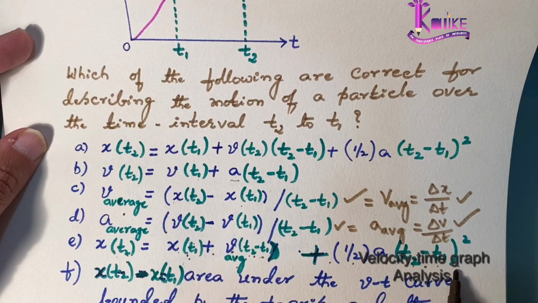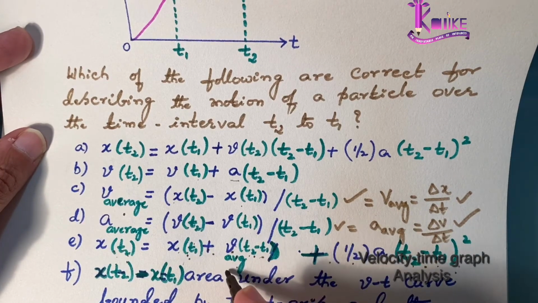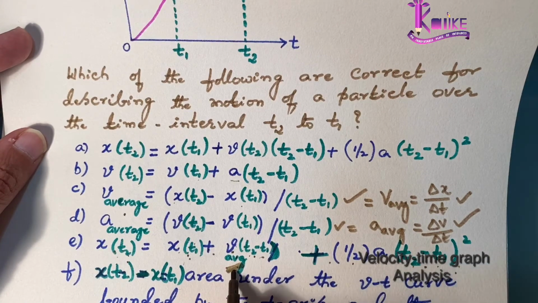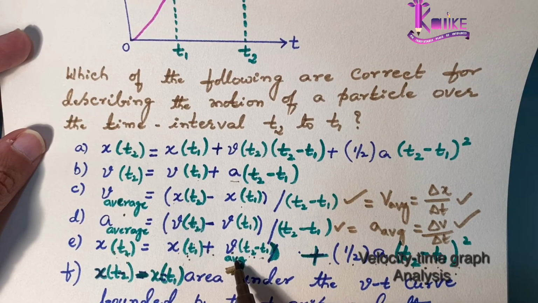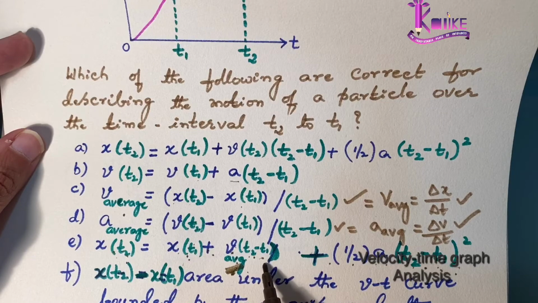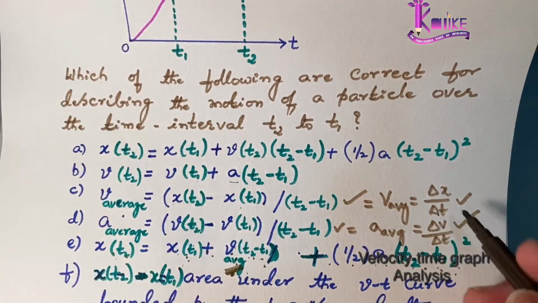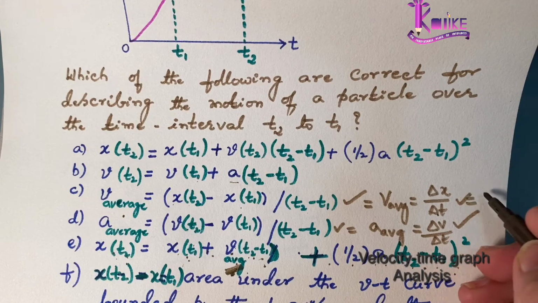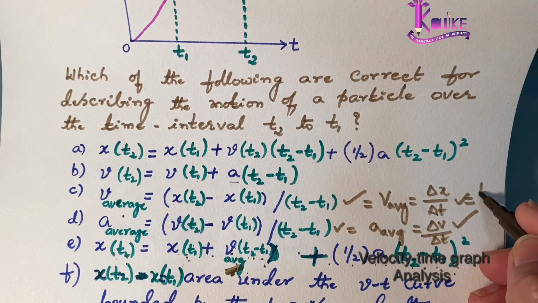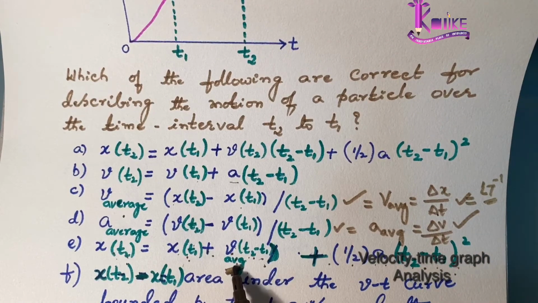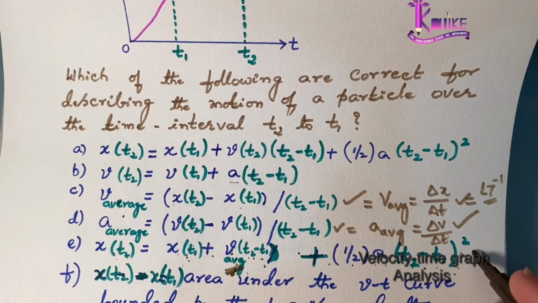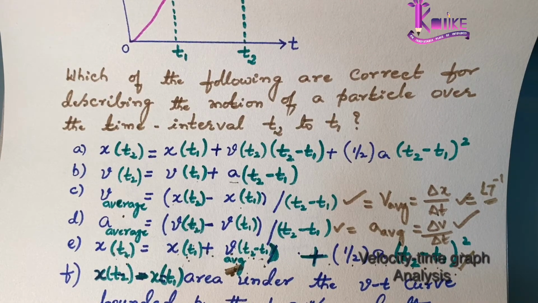But this is for a uniform motion, right? And it also says V average. You cannot have V average. So it is just simply V. You cannot write it as V average. And hence it does not represent a non-uniform motion here. So this equation is wrong. V average has a different dimension. So what are the dimensions of V average? Dimensions of V average will be, so it is simply V, L into T minus 1. It is the same. So you cannot have V average here. So this is also ruled out for the situation given in the graph.